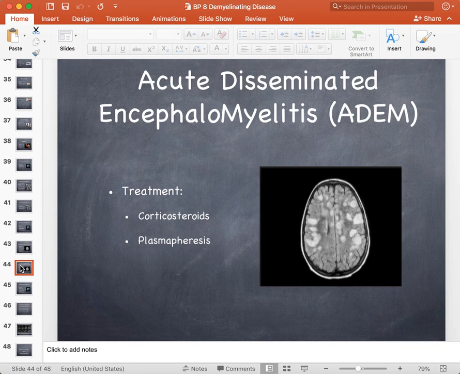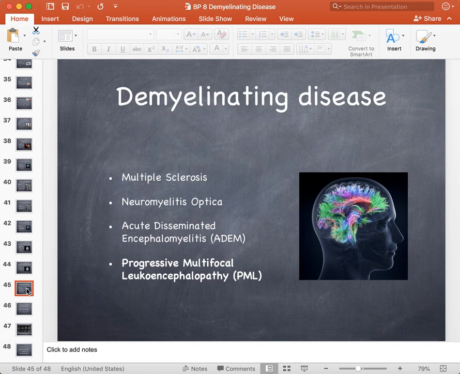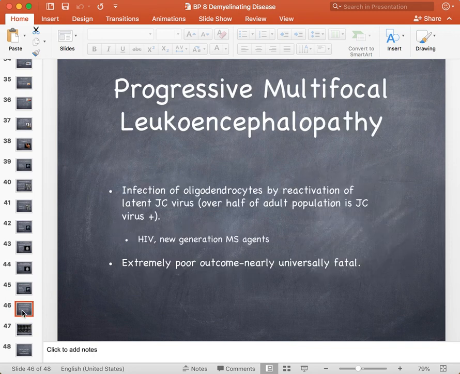Got it. And then finally, progressive multifocal leukoencephalopathy, which is an AIDS-defining illness back in the era before highly active antiretroviral therapy, or in patients who have not been on antiretroviral therapy. You can still see this, which is an emergence of this JC virus in the oligodendrocytes. It is a catastrophic disease to the myelin. You get these very confluent, non-remitting